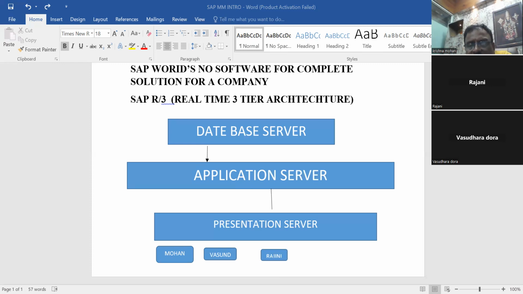Can you tell me, please? Anybody? We have to check with the client, sir. Implementation project means what? We have to get the data from the client. No, implementation project means we need to understand requirements.